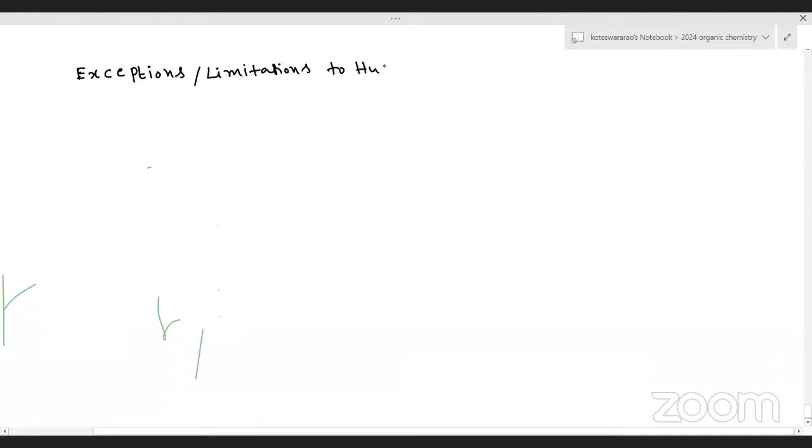So Hückel's rule. In the examination, the question may appear like: write the limitations of Hückel's rule. Then you write the following points, whatever the points I'm going to give, the same you need to write. Then Hückel's rule